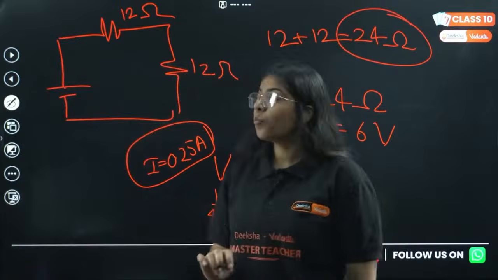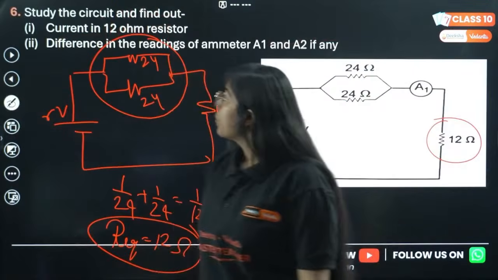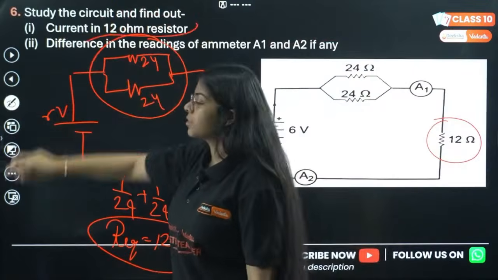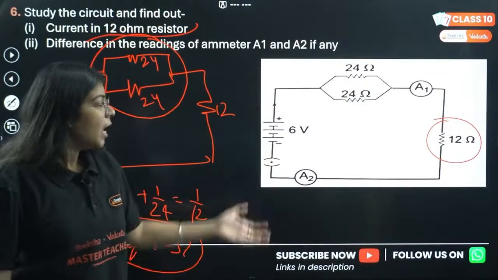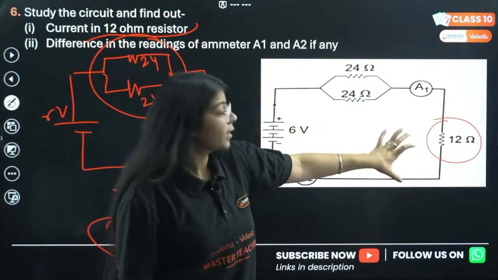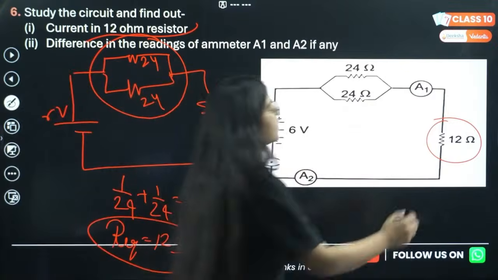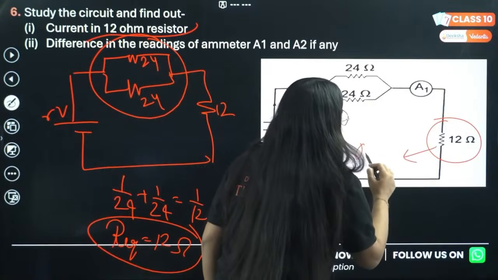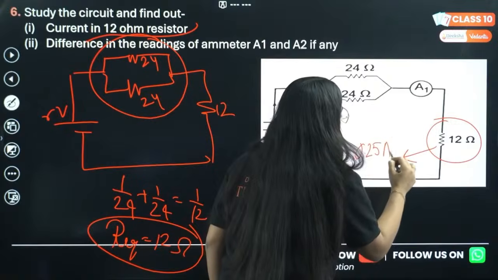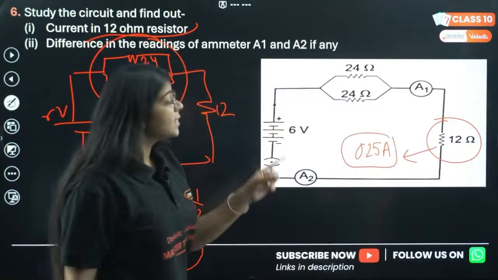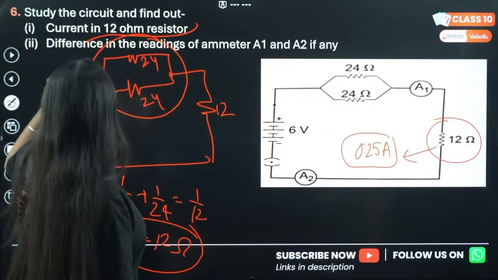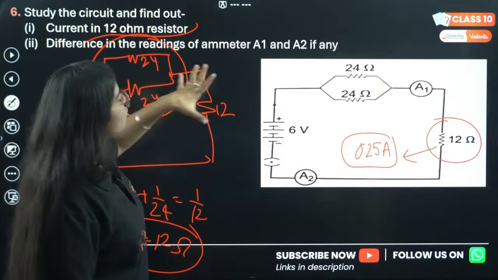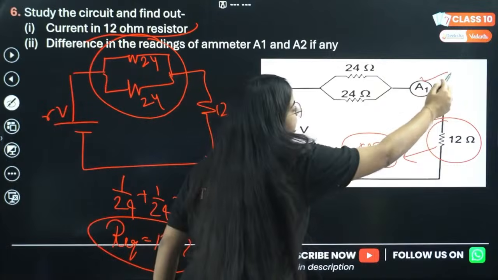I is 0.25 ampere, but they have asked it for the 12 ohm resistor. It's same as the previous question. 12 ohm is in what? Is in series. So this will also experience 0.25 ampere current. Now, since these are in series, now the second question, let's say, difference in the readings of ammeter A1 and